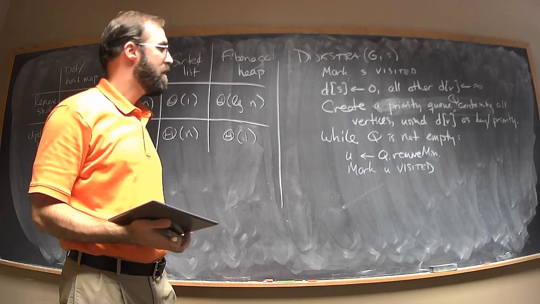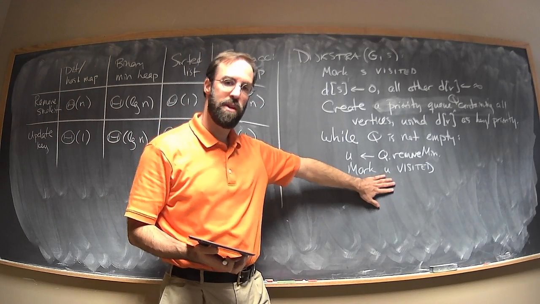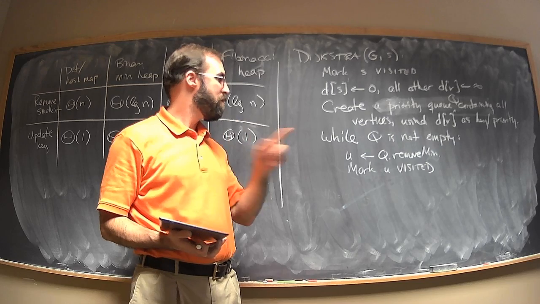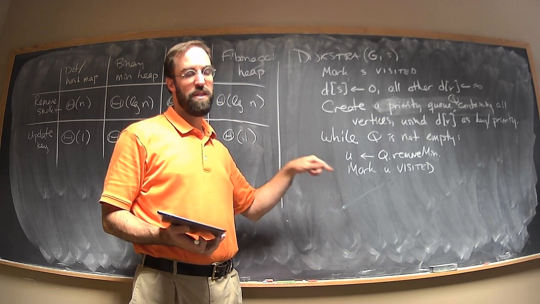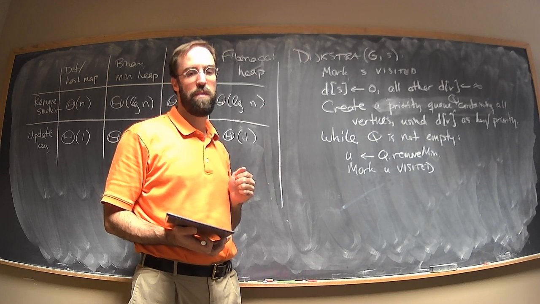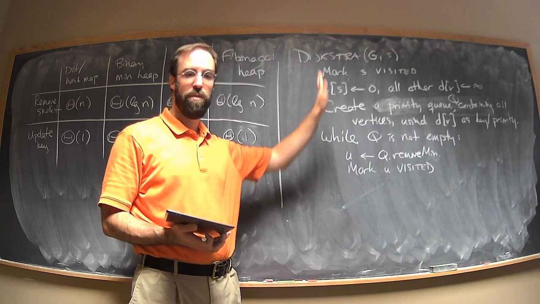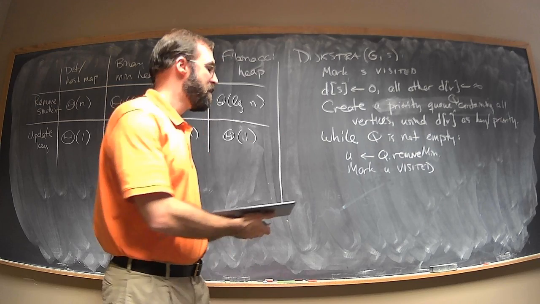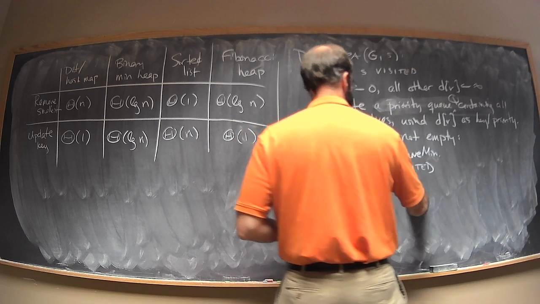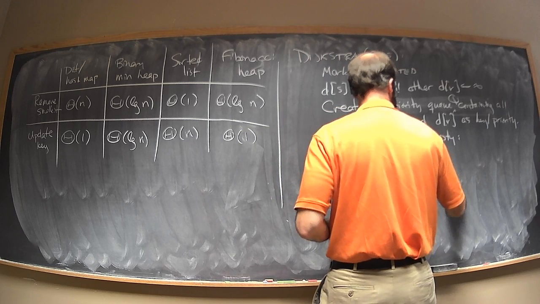Okay, and now we have to do the part that was this picture that was right here that I erased, where we have to look at all the neighbors of U, because maybe now we can find there's actually a better way to get to those neighbors than we knew of before. Maybe if we go through U to go to them, that would give us a better path. So for each edge UV out of U,